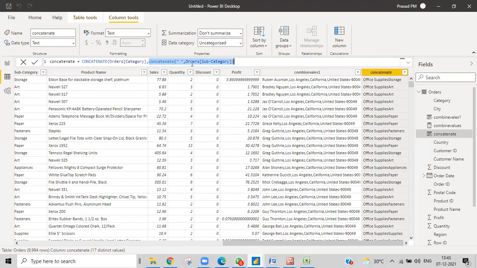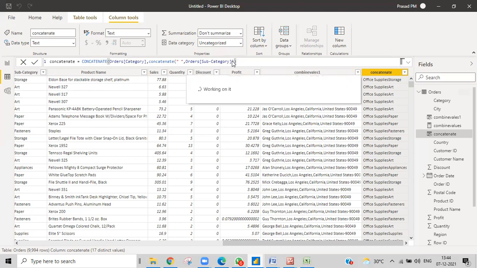So the output of this is a space before the subcategory. I'm using this as the second part of the outer one. The DAX function will take this subcategory and add a space before it. Before storage, it adds a space, and the space and storage become one string. Then it adds that to the category. So we'll get the space also.